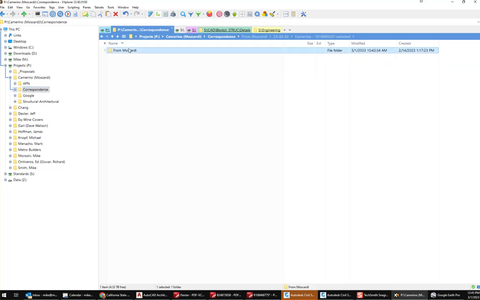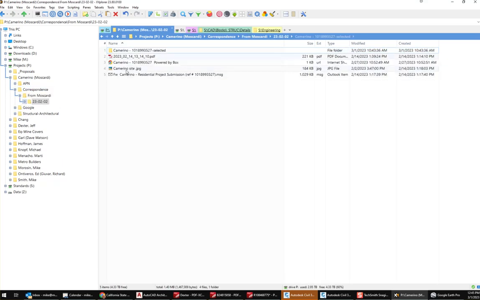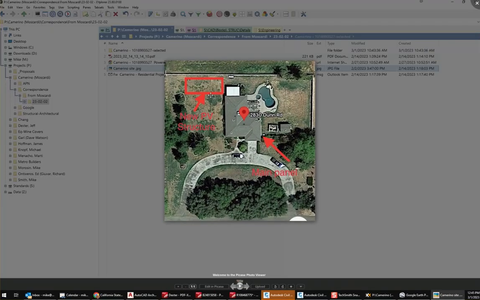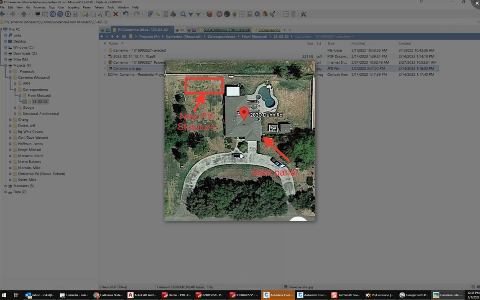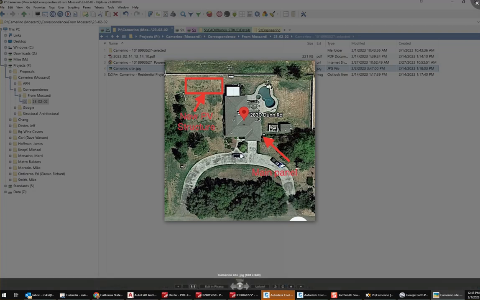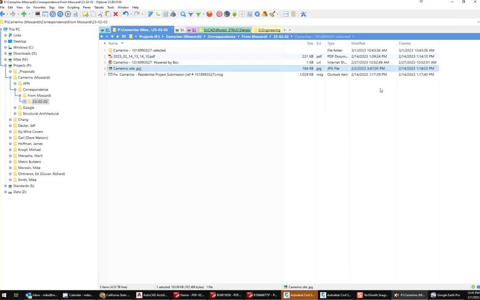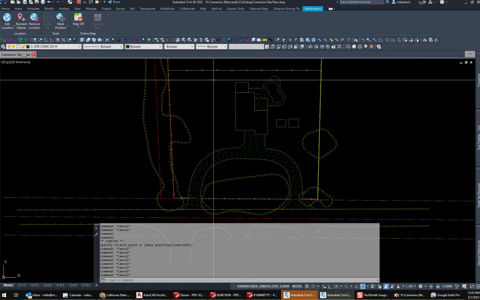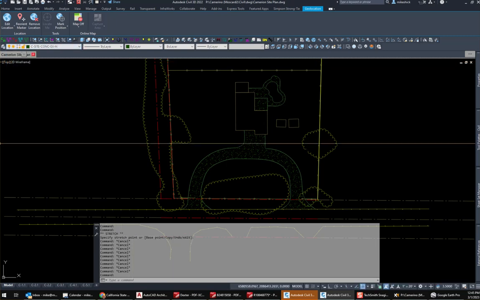Over here is correspondence from Muscardi. There's the new PV structure. This was 17 by 60, right? Yep. Okay, and he tells me where it is, and I can answer that question. So I can go and put a new building. So I go back to building,